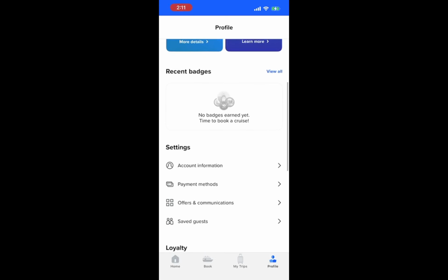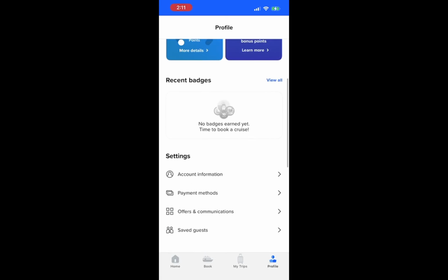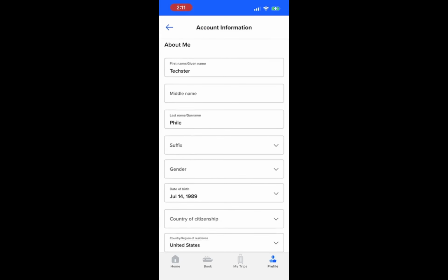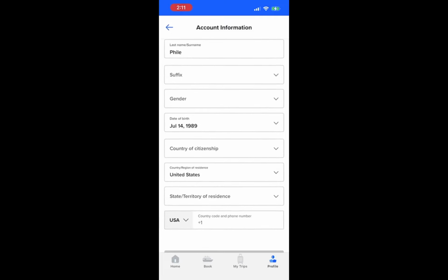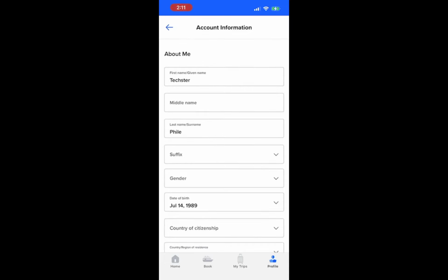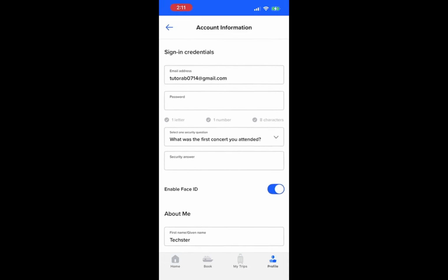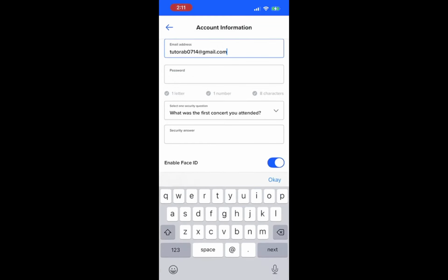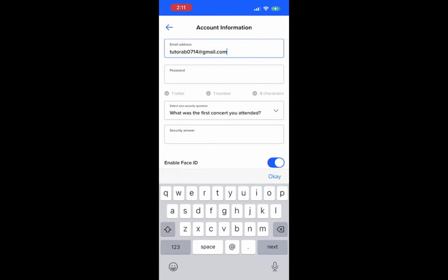From there, tap on Personal Information, Account Settings, or Profile Settings. The exact wording may vary depending on the app version you are using. This section contains all the details related to your account, including your email address. It's important to locate the right menu to ensure you can make your desired changes. Once you find it, you will feel ready to proceed further. With this step completed, we are one step closer to updating your email.